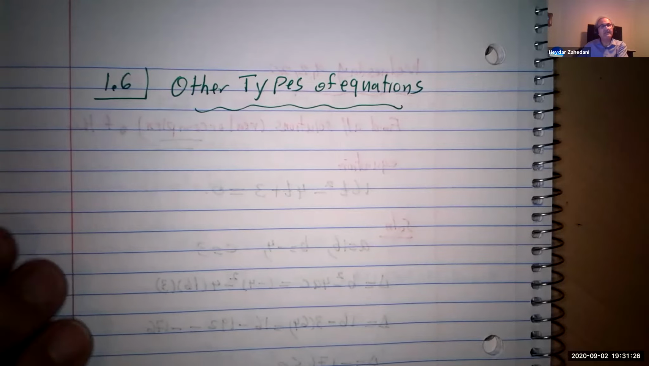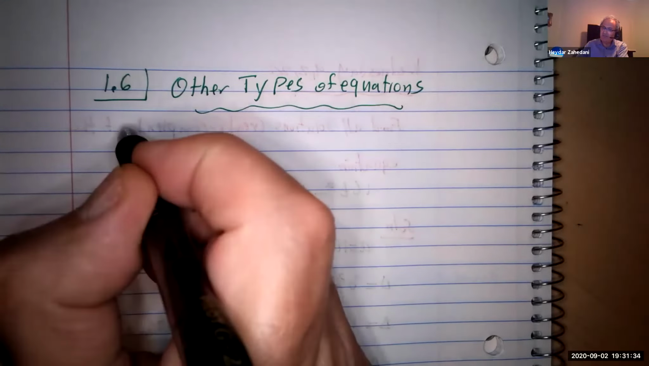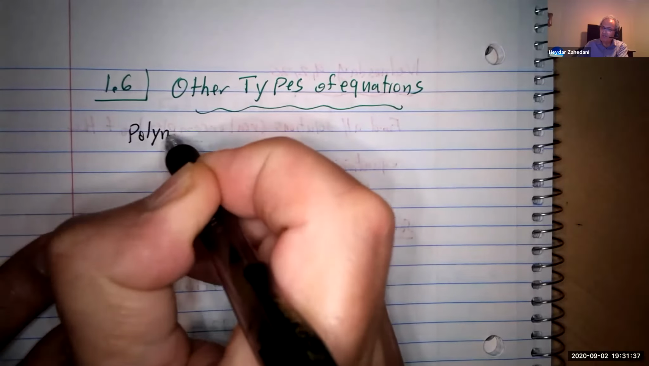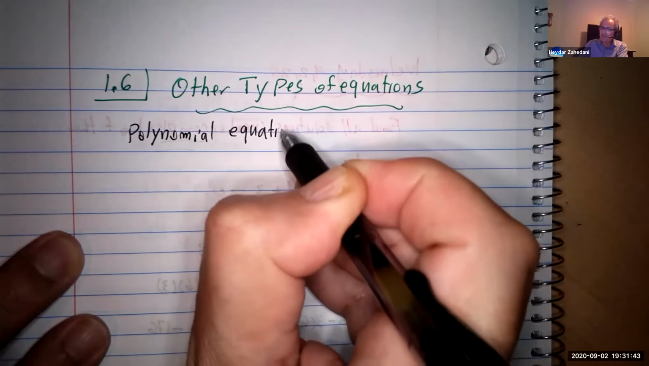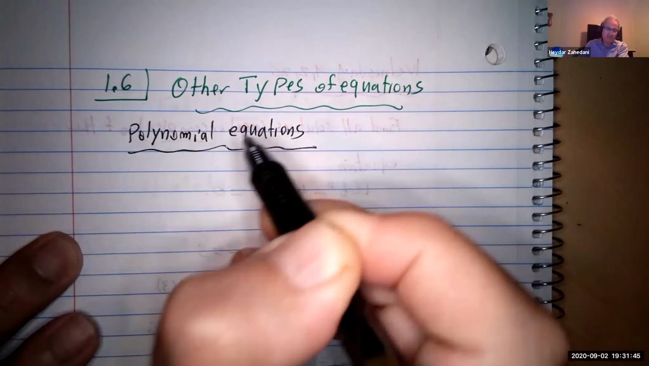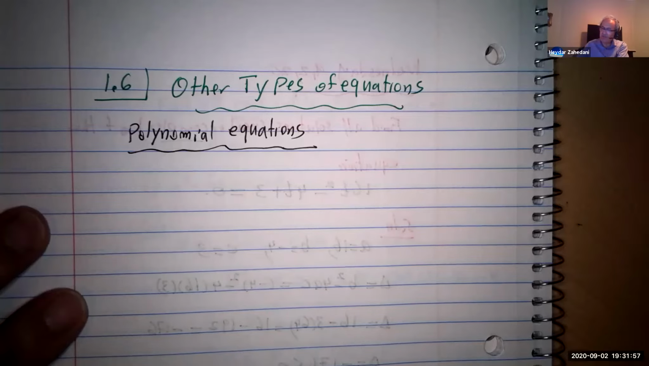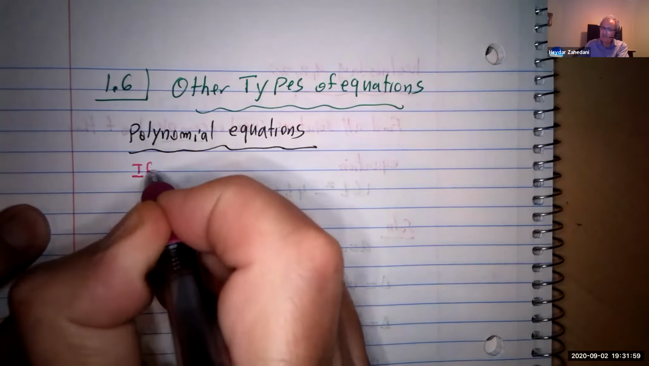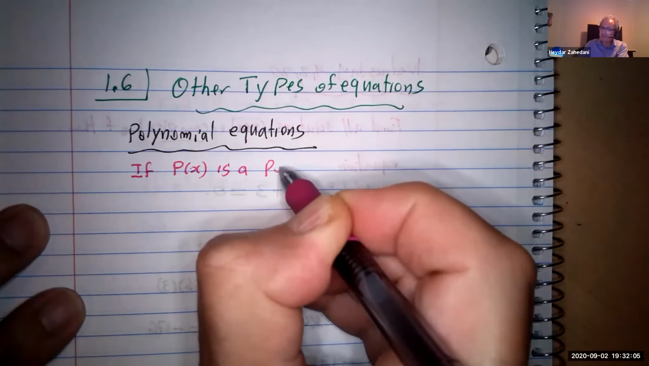There is one chapter again, when we go on, chapter 4, where we come back to this type of equation, but for the time being, we can take care of it. So what is a polynomial equation? Remember, a polynomial is just a combination of powers of x. This is going to be a definition of a polynomial equation. You have seen it in algebra. So if p of x is a polynomial,